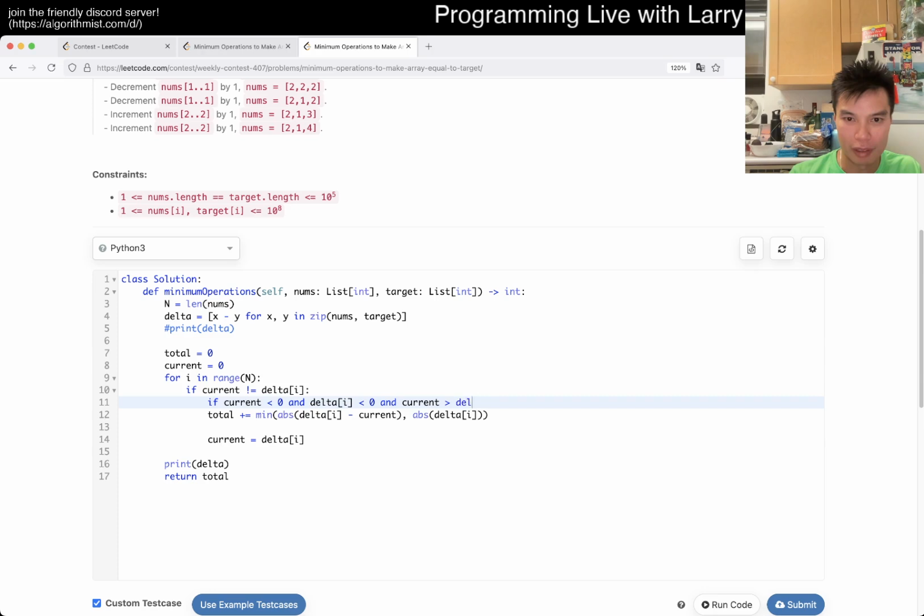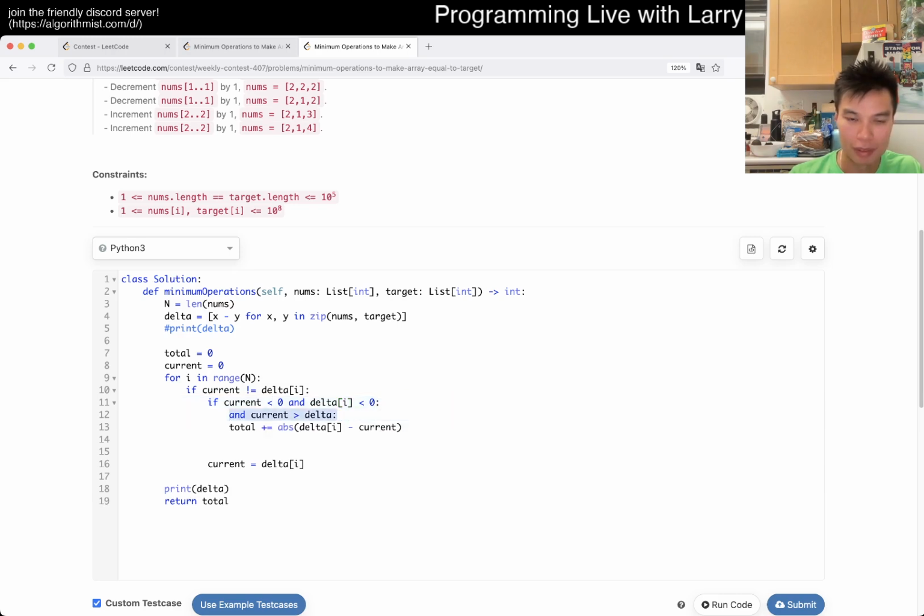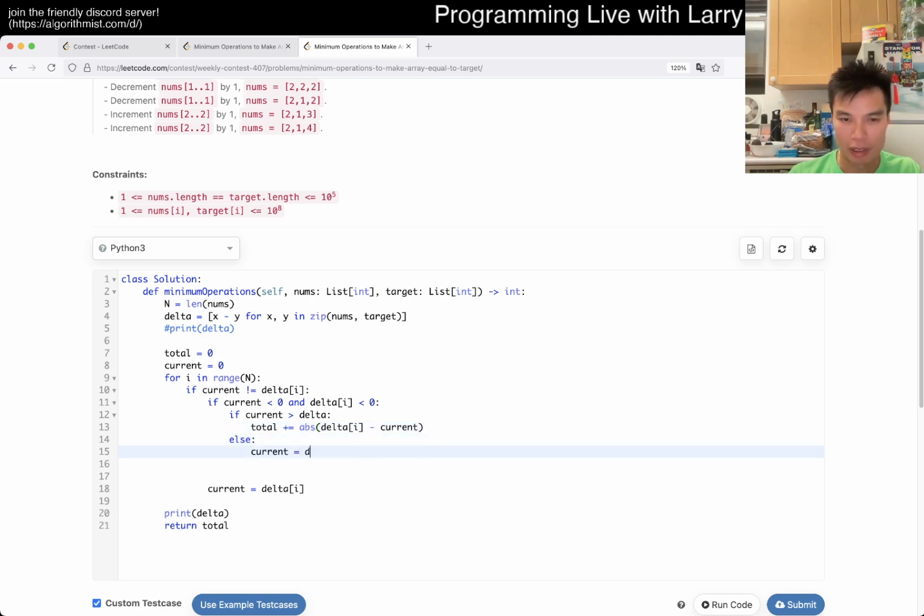If this is greater than delta, then we add this thing, right? Okay, so if they're both negative, and this is a bigger negative, then we just keep going. Otherwise, if it's a smaller negative, then we just stop, so current is just equal to delta. This is also true actually, but